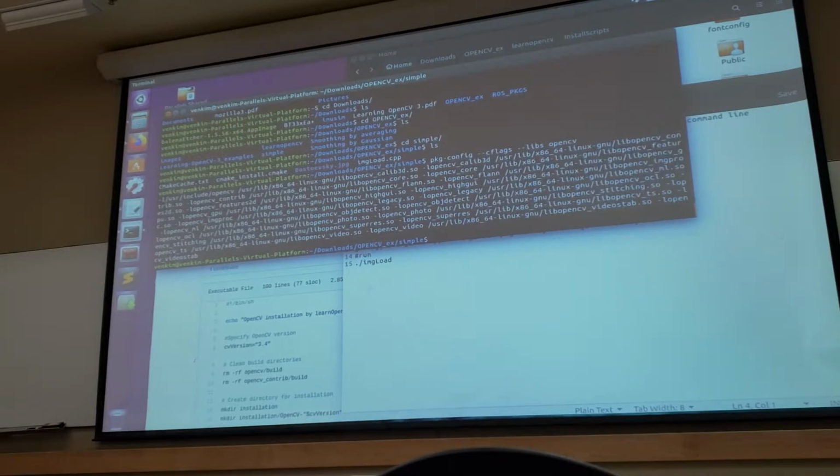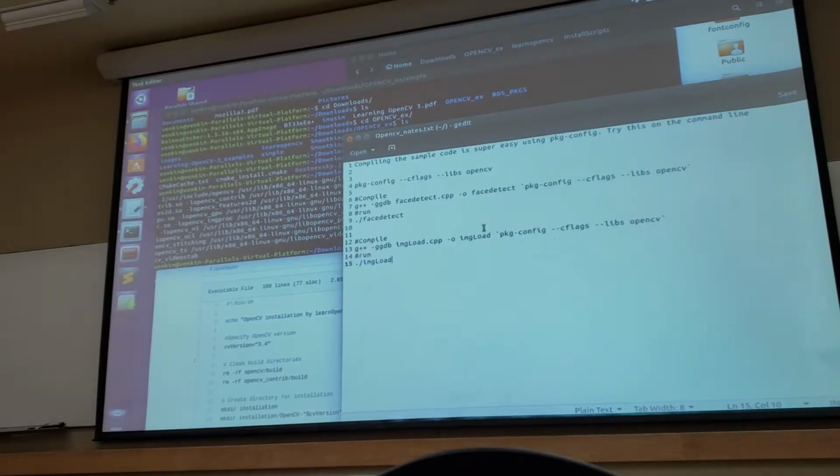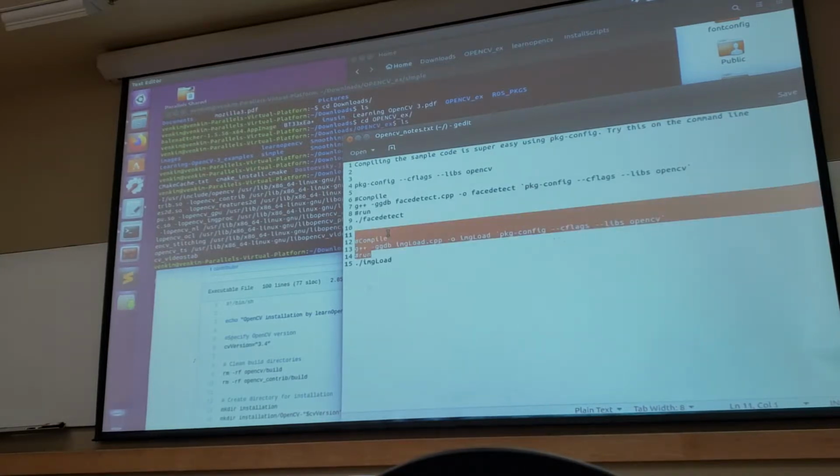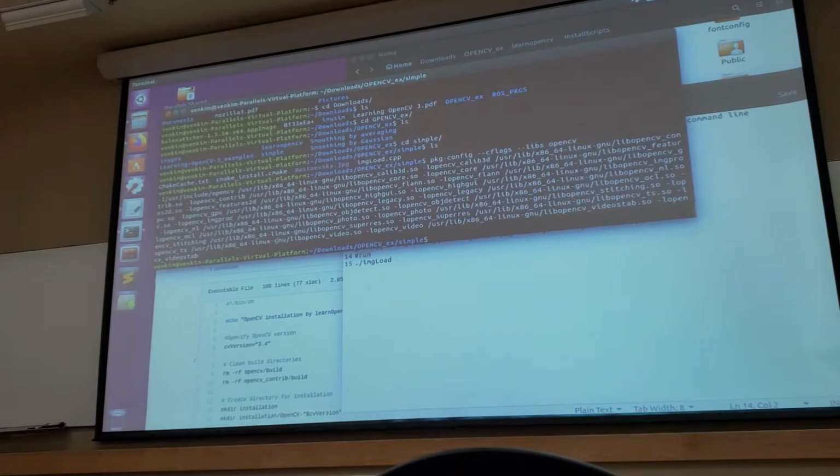So basically, if you want to know where your OpenCV stuff is, you can just type in pkg-config --cflags and --libs opencv, and that's going to tell you where your OpenCV is and what libraries are installed. Okay, and say for example, if you want to run a particular example, say I have this example, you can see it's called